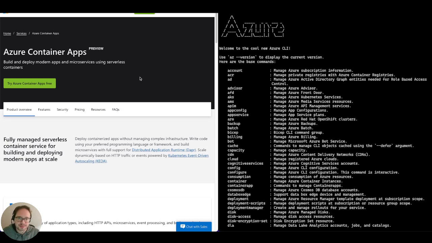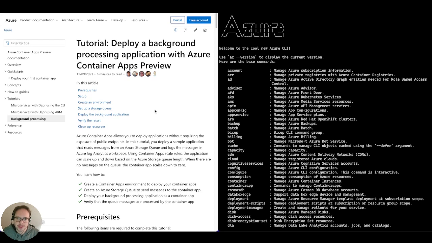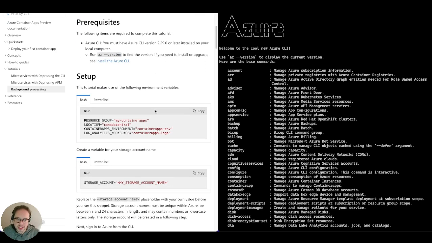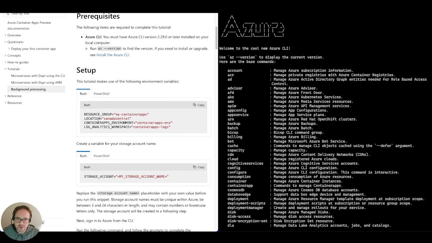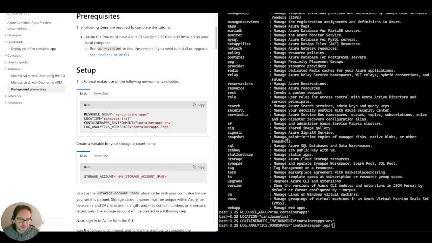So let's start. What do you need? I will provide this link in the video. Just follow the instructions, right? First of all, we need to set up some environment variables, like the resource group name and location. Today it's available only in Canada Central and North Europe, right? The name of the container environment, and we have to set up a Log Analytics workspace. So this is easy. Just copy it here